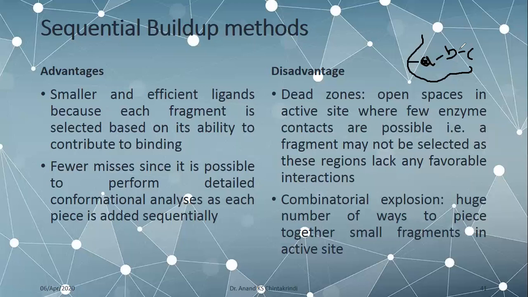And plus, that cyclohexane ring may be connected to a different benzene ring. So at what position, say, of benzoic acid, at what position, say ortho position or para position or meta position? So you can see the number of combinations and permutations. This leads to a combinatorial explosion in this case.